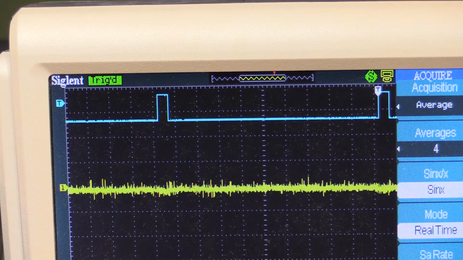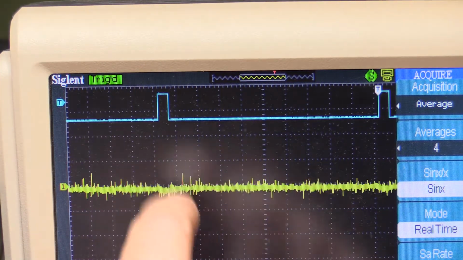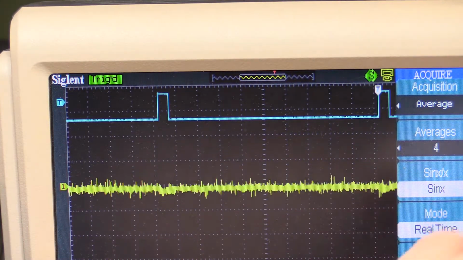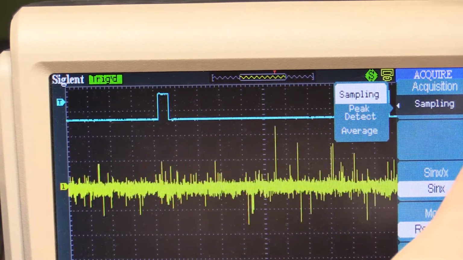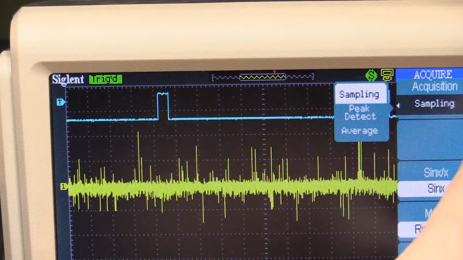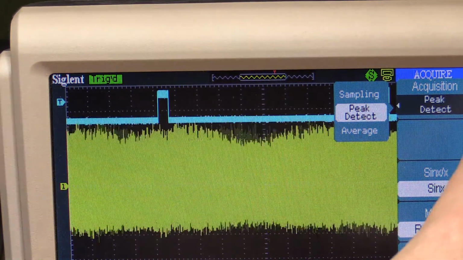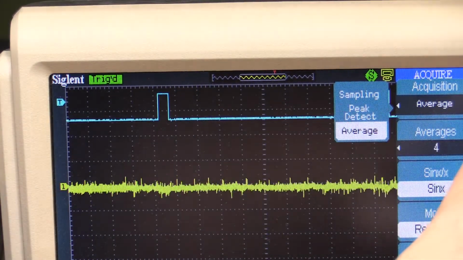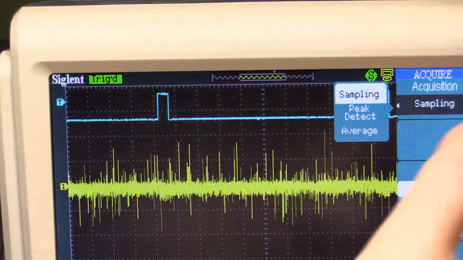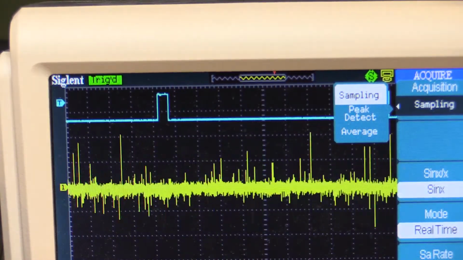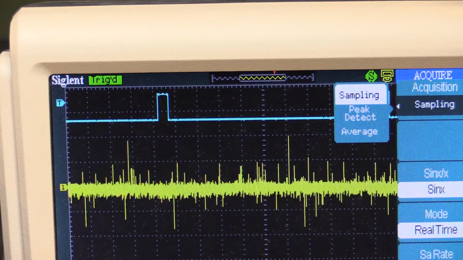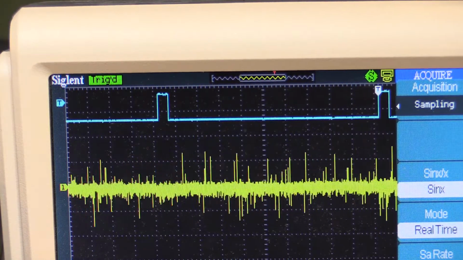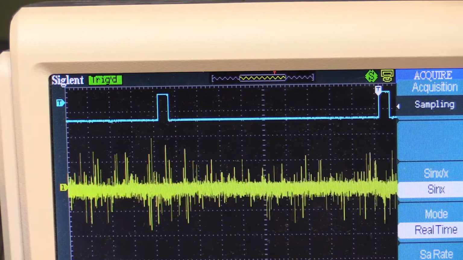Still can't see any transients on the yellow trace where it's switching between high and low. If I change this acquire to a different mode, it's just sampling, still can't see any changes there. Peak detector is pretty useless, so it's not showing us any changes there. Now if I change the waveforms, so that's if I go ramp,